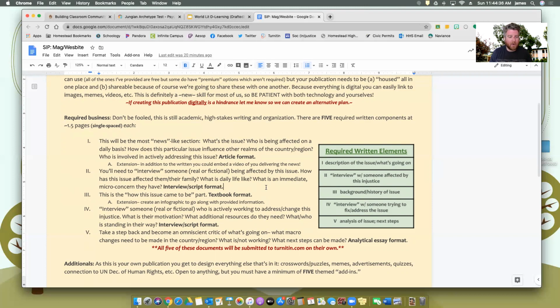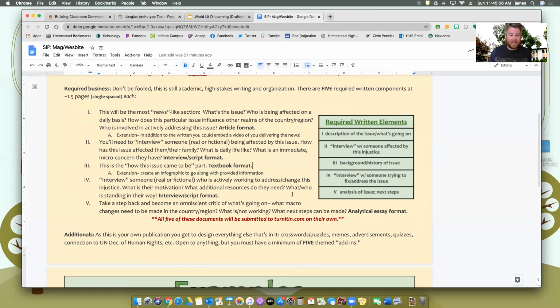The third piece of writing is going to be the history, how this issue came to be. And I want this to be in textbook format. So throw open your history textbook, and that's basically what you're going to create. Okay, so you're going to give us a couple pages of a history textbook of your writing about how this issue came to be. Give us some history because everything starts somewhere, right? I think a great idea would be to provide an infographic along with this section, and Canva's a great space